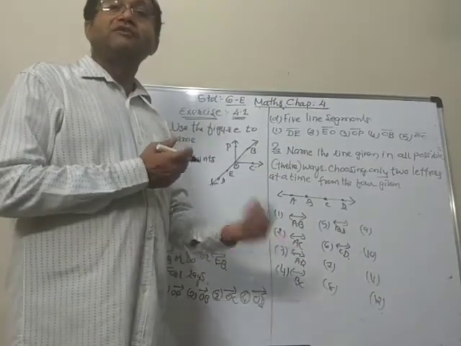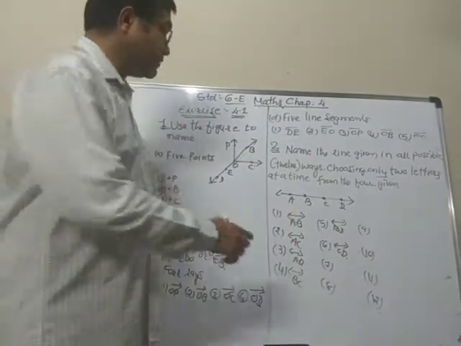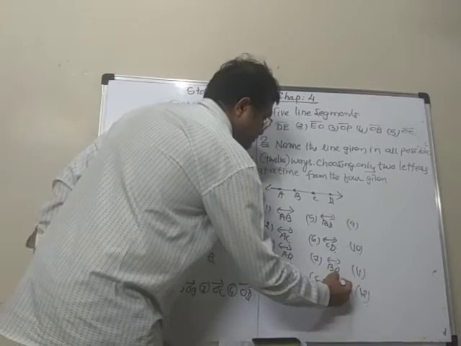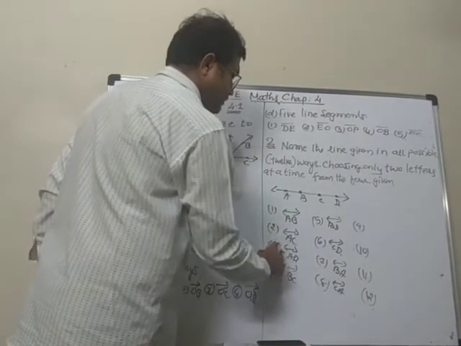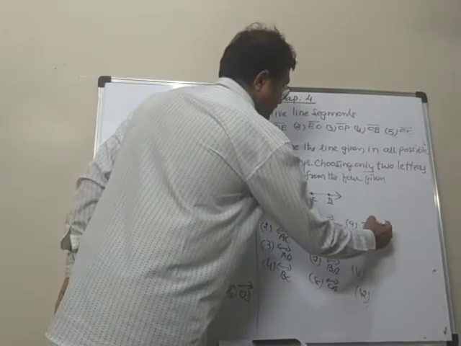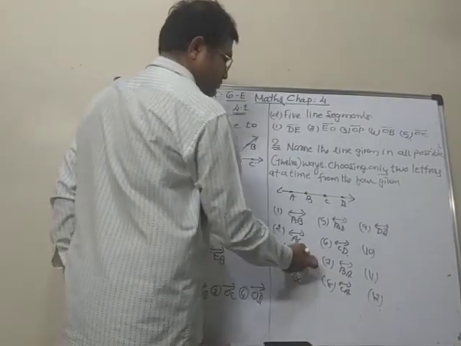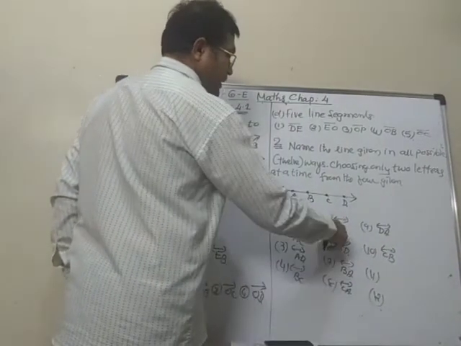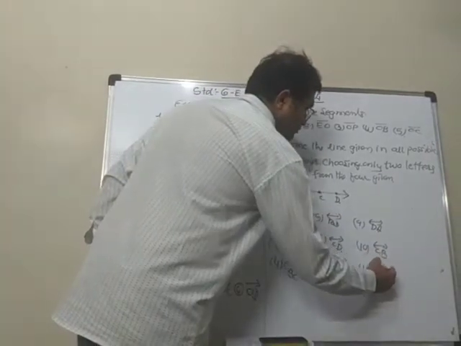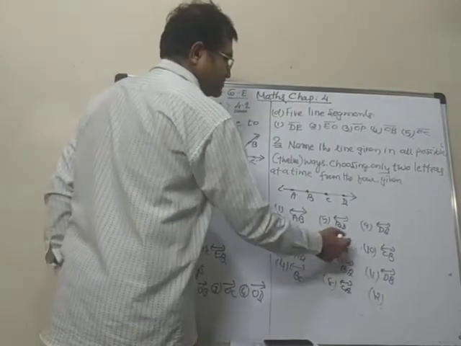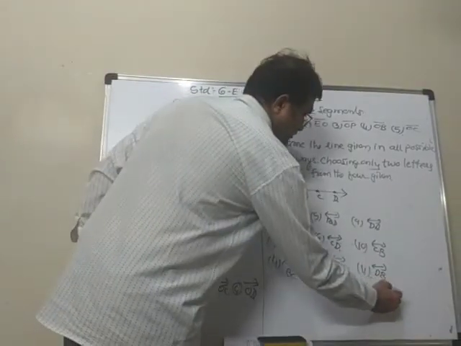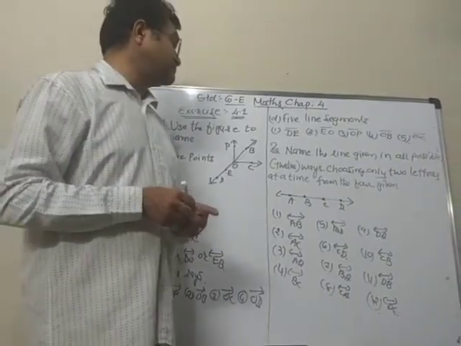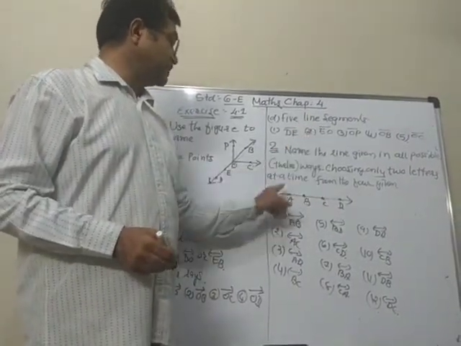So now we will take them in the reverse position. Means line AB, line BA. Line AC, then line CA. AD, then line DA, then BC, line CB, then BD, we can write down line DB, and CD, line DC. So these are all 12 possible ways that we can write down this line.